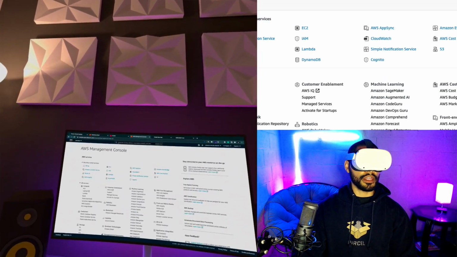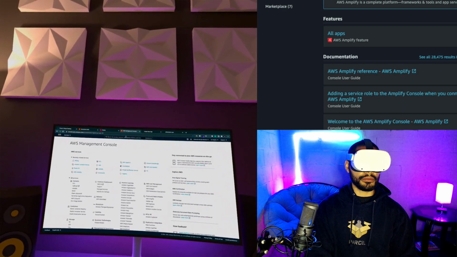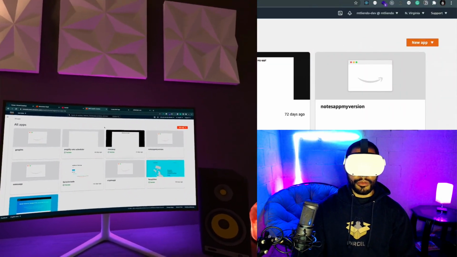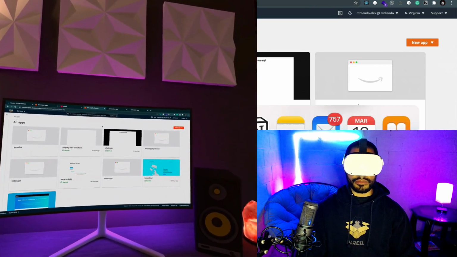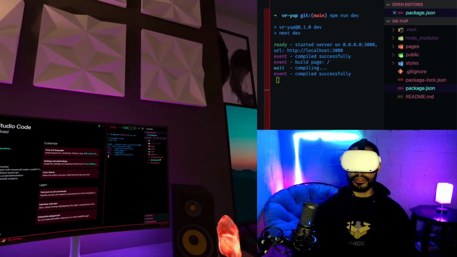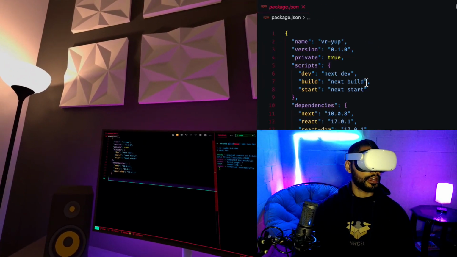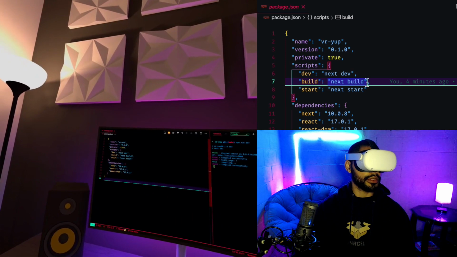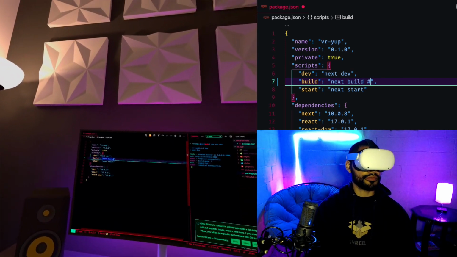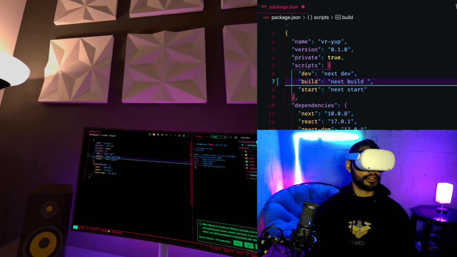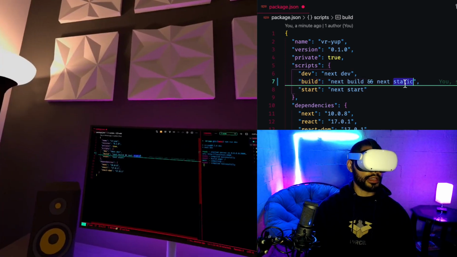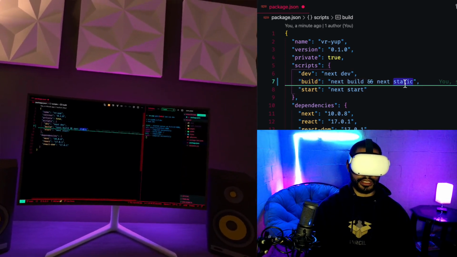I'm going to head over to the AWS console, and specifically, I'm going to look for Amplify. And this is the Amplify console. You can definitely check this out. But in my case, I want to tweak some things with my application, specifically when it comes to building it. I want to say, when you build it, do next build rather, so we have next build, and then I want to say next export